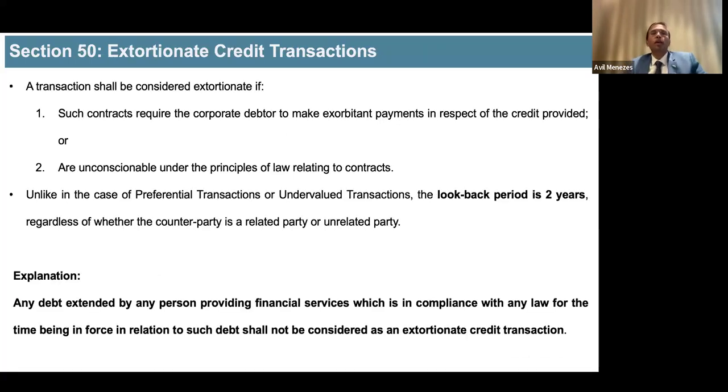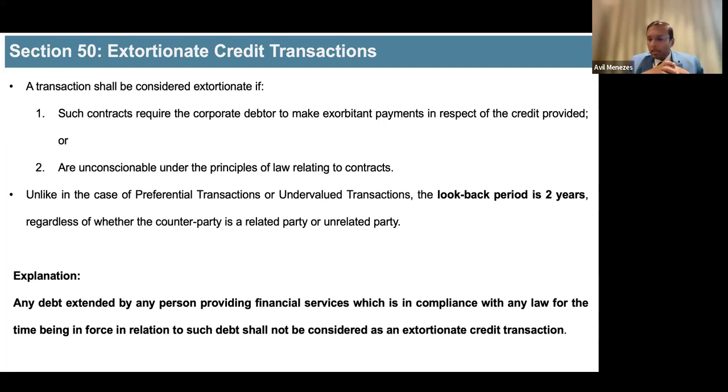Section 50 talks about an extortionate credit transaction. So an extortionate credit transaction is something, the word is extortion. Extortion means you are extracting more than what you need to take. For example, there are some financiers who would give you money at the rate of 36%, 48%, 60%. Now, these transactions, if you've done it in the ordinary course, and if you're able to prove, then it is fine. But you've taken money from a related party and you're paying him 48% per annum rate of interest.